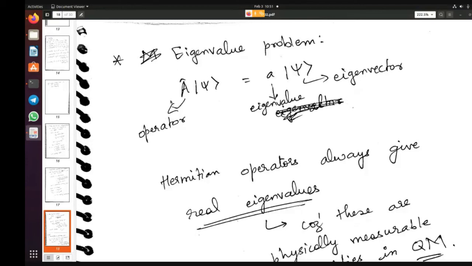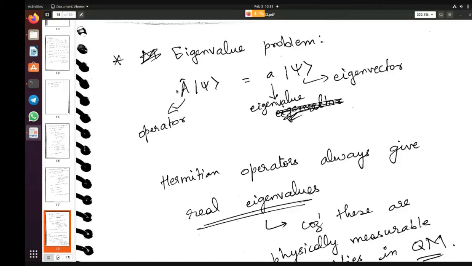Okay, so this is how an eigenvalue, eigenvector problem is represented. If you solve this problem, then you're going to get all the eigenvalues and all the eigenvectors. So for the operator A, you can compute what the eigenvalues and the eigenvectors are. Now the next step is, if A is a Hermitian operator,